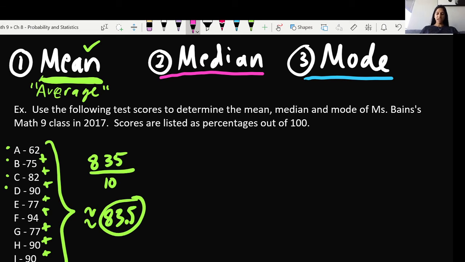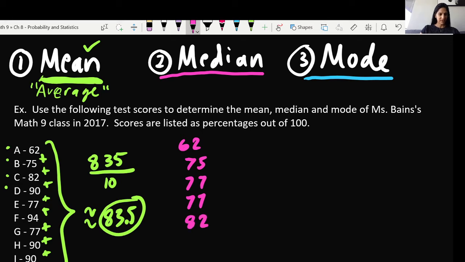Okay, so then the median, I had talked about this with you, that we would want to go through these values and now we need to arrange them from smallest to largest. So I will rewrite these and we'll go in order. So I'd pick out the smallest. We have 62, then we have 75, and then we have 77. That shows up a few times. 77, and then we have 82,